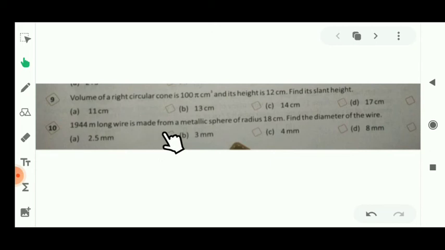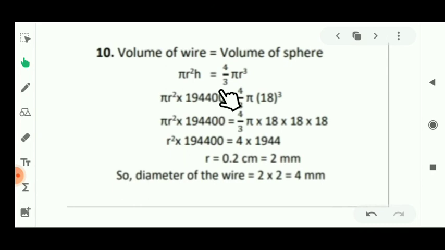A 1944 meter long wire is made from a metallic sphere of radius 18 centimeter. Find the diameter of the wire. Let's see the solution of this question. As you know, the volume of the wire is equal to the volume of the sphere. This is given in the question. So the volume of wire will be like the volume of cylinder formula pi r square h, and the volume of sphere formula is 4/3 pi r cube. That means we will put the value of h and r here. Pi r square, it should be multiplied by